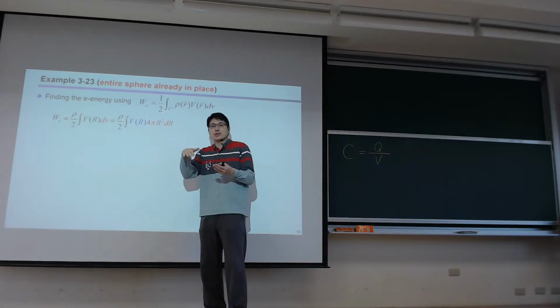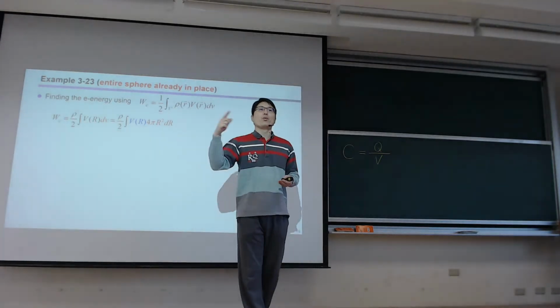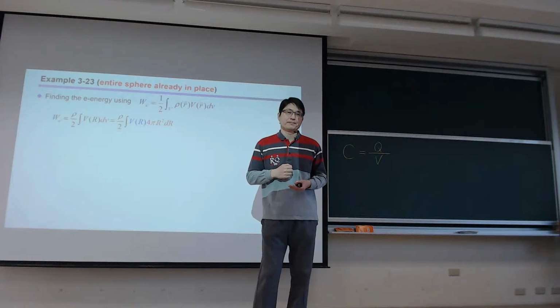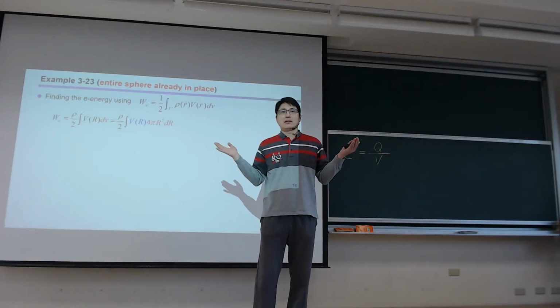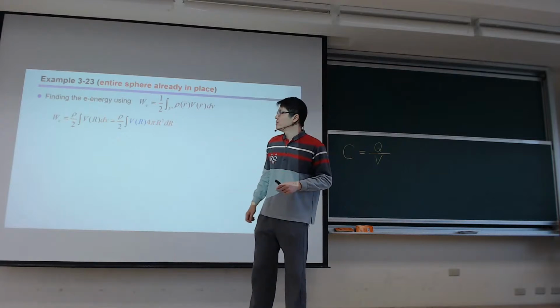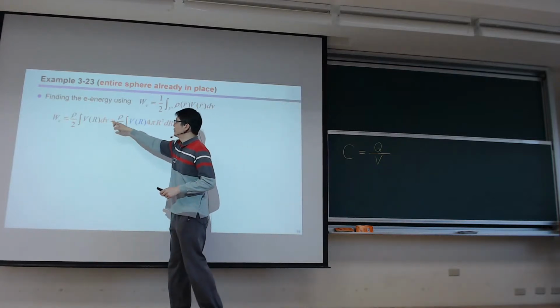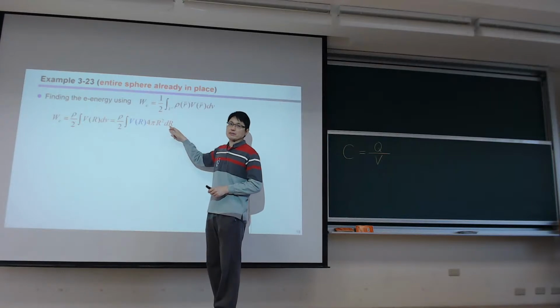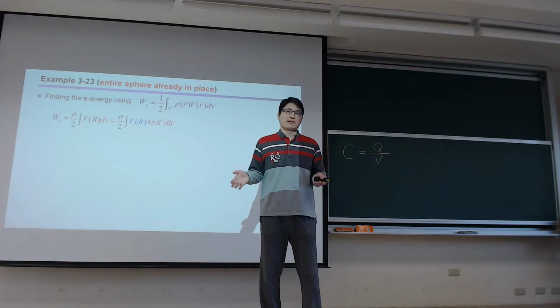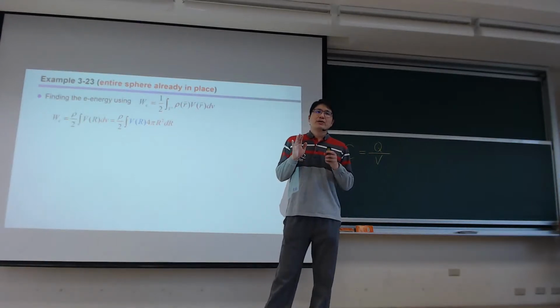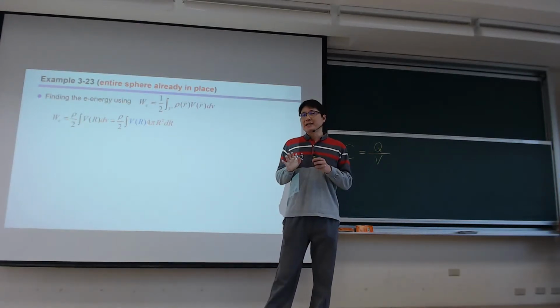So this is reduced to a one-dimensional integration, because in every direction, I have symmetry. So the volume integration is reduced to a line integration in the radial direction. So mathematically, it's not difficult. But usually students will mess up